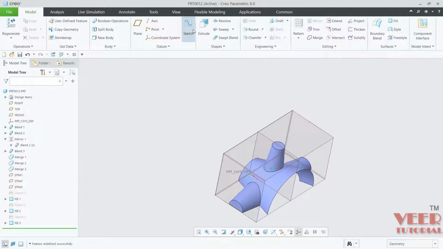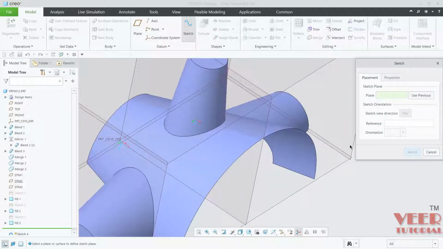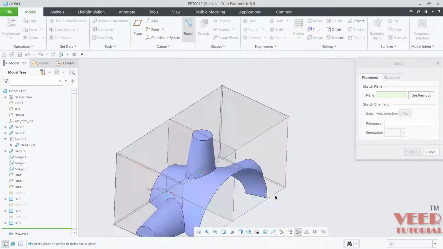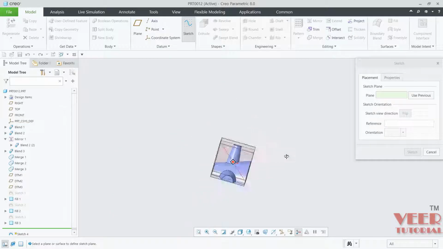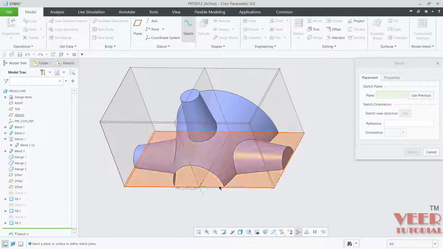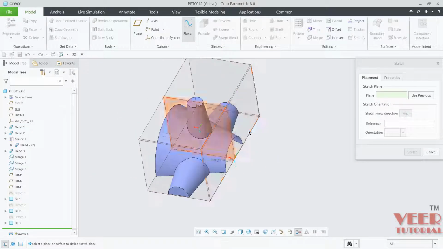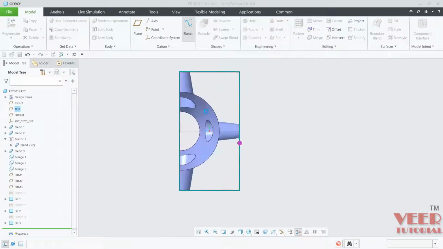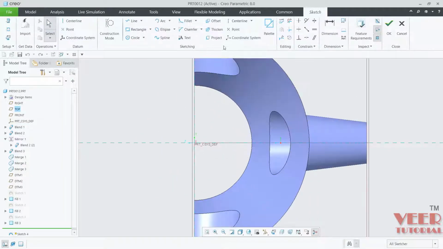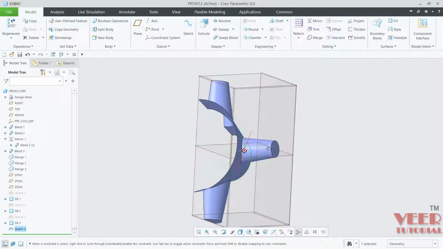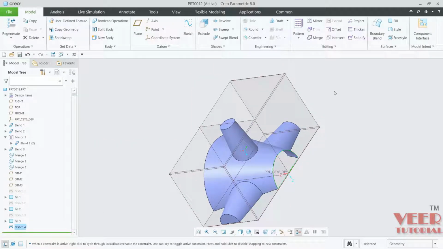And similar thing we have to do also on this arc. Here we need to create the sketch, so go to sketch, select this face. Okay, here we need to create a datum plane. Before this, I will create a sketch here. We need this plane, that is, this right plane. Click on this right plane, sketch. Take the projection of the circle, draw a line. Click OK and then fill it. Select the sketch, click on fill.